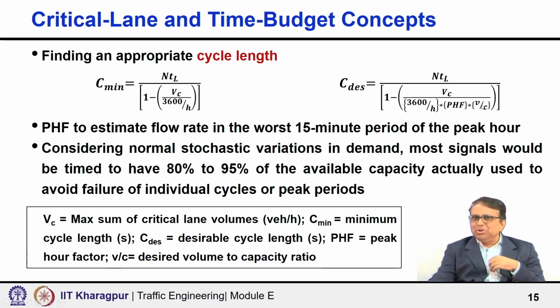That means it will be designed considering V by C as 0.8 to 0.95, so that the normal stochastic variation in demand from cycle to cycle can be handled properly to avoid failure of individual cycles or peak periods,